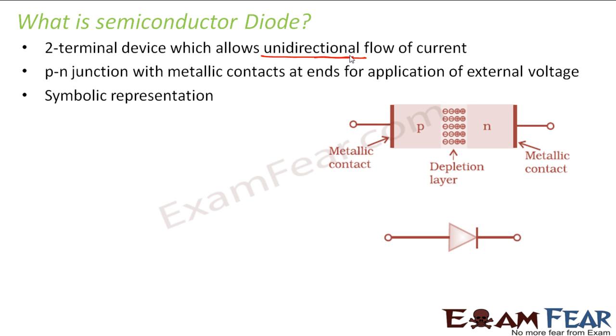Now how do we symbolically represent a semiconductor diode? It is shown here. If you look at it, it has a big arrow. What does this arrow represent? It represents the direction of conventional current. When I say conventional current, I mean the current in a direction opposite to the direction of electron flow. So this represents that it allows current to flow only in this direction. So for a diode, this is positive, this is negative, because this arrow is along this direction. That means it is telling that the conventional current is along this direction. So this is positive and this is negative.